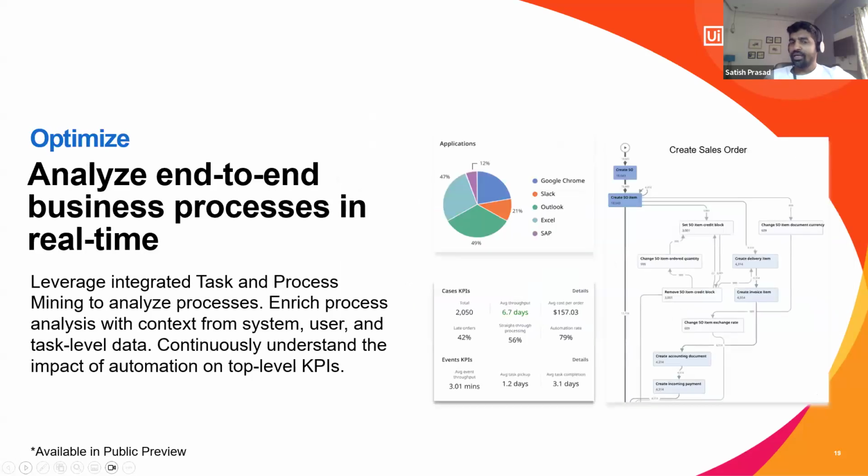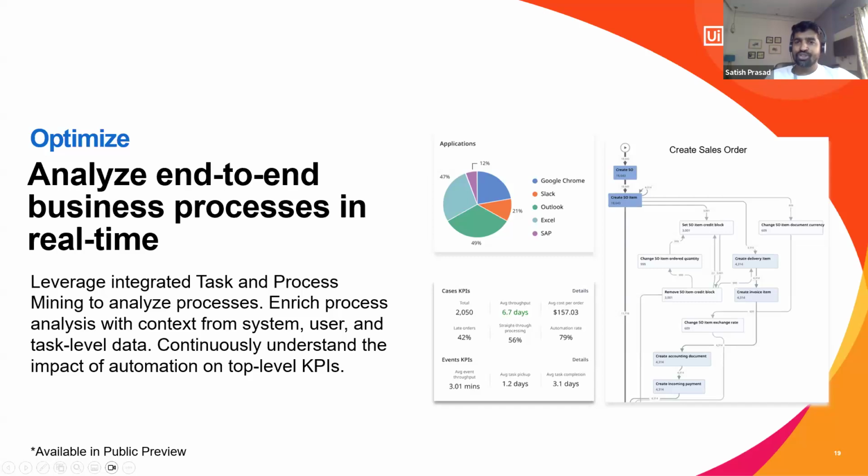But the other thing that I wanted to talk about quickly here is that it's not only monitoring, designing, and implementation. It also provides you the capability to analyze the process in real time. Process optimization or process mining happens automatically when you are running these AO-based instances of the process. This will help you understand how many applications are being used, which part of the process has been traversed most, is there any bottleneck, is there anything wrong happening inside my process at a certain point in time. You should be able to optimize and take care of all those decisions with the help of this.